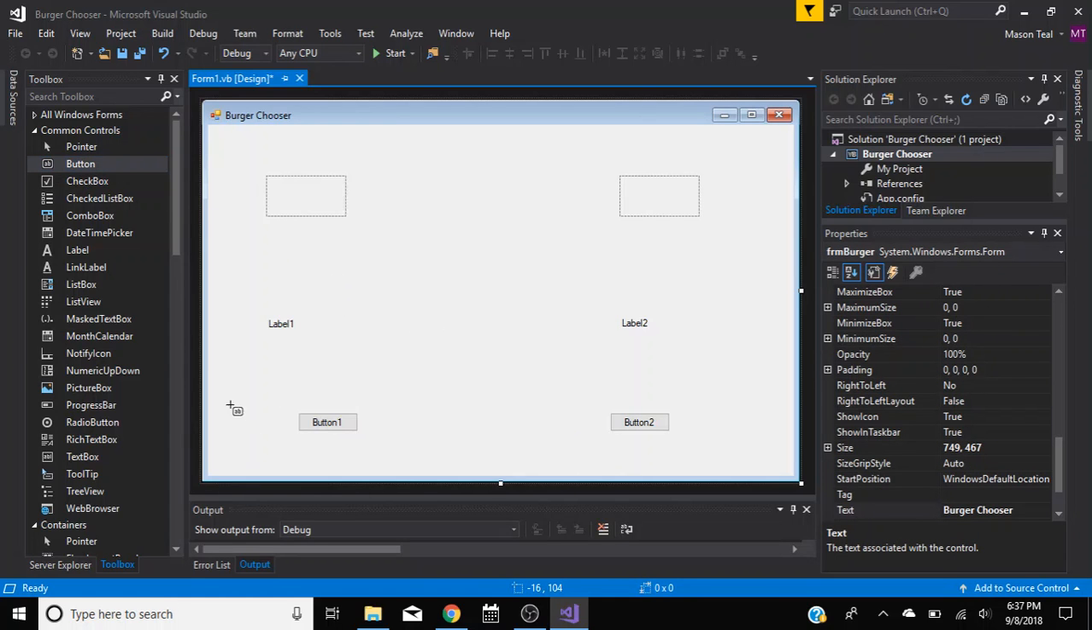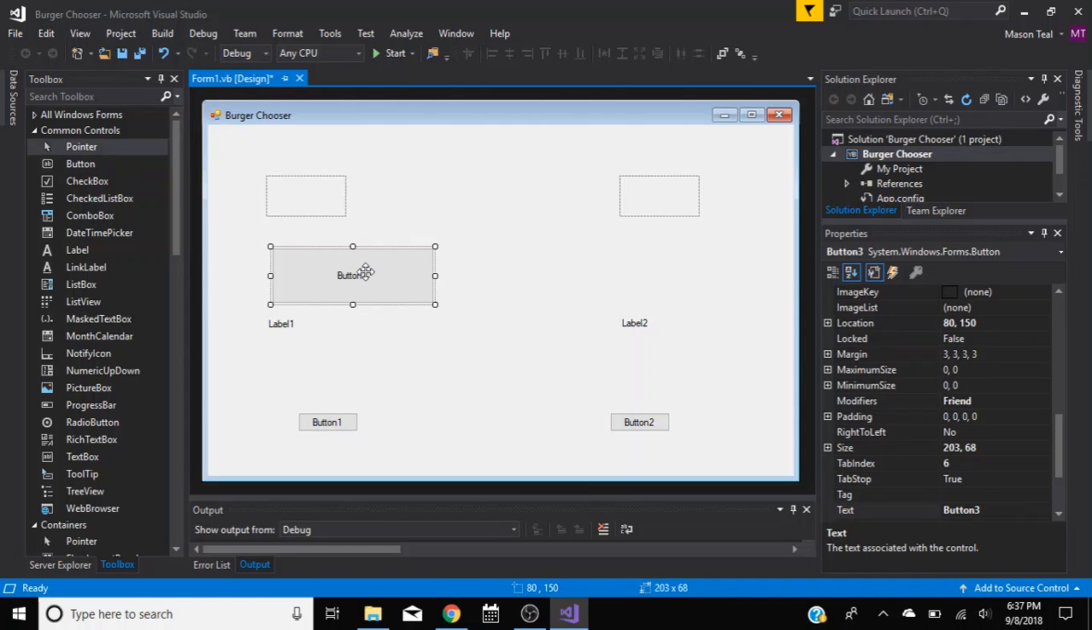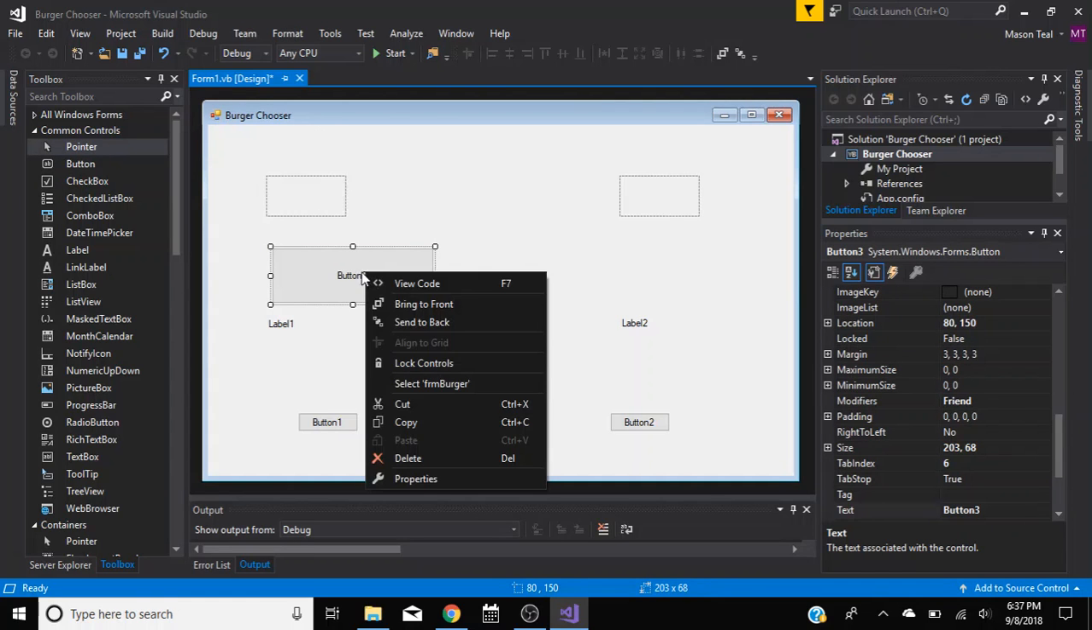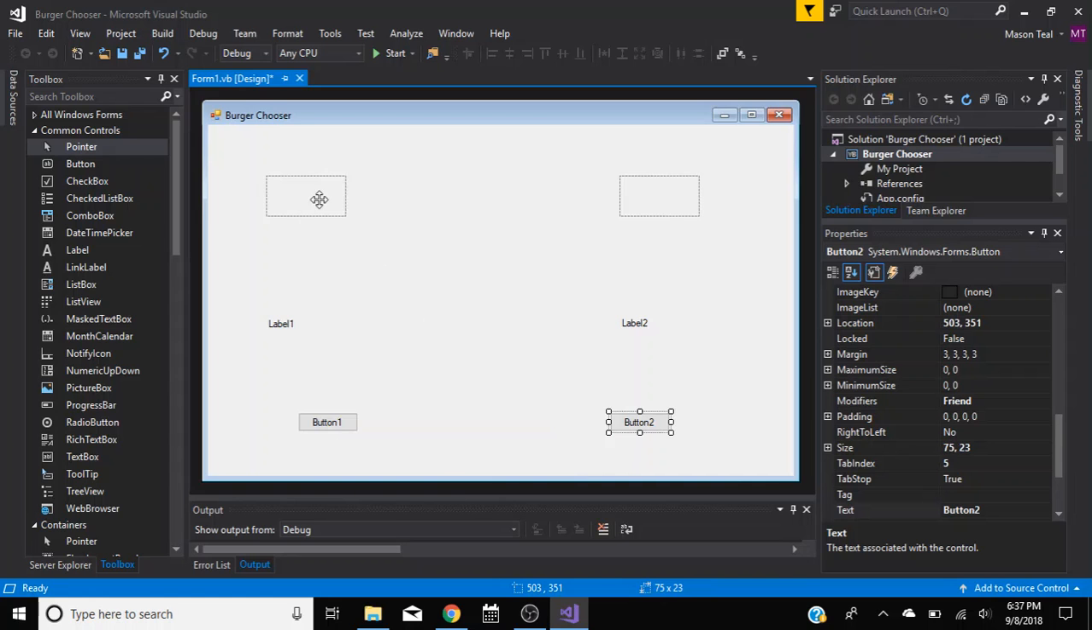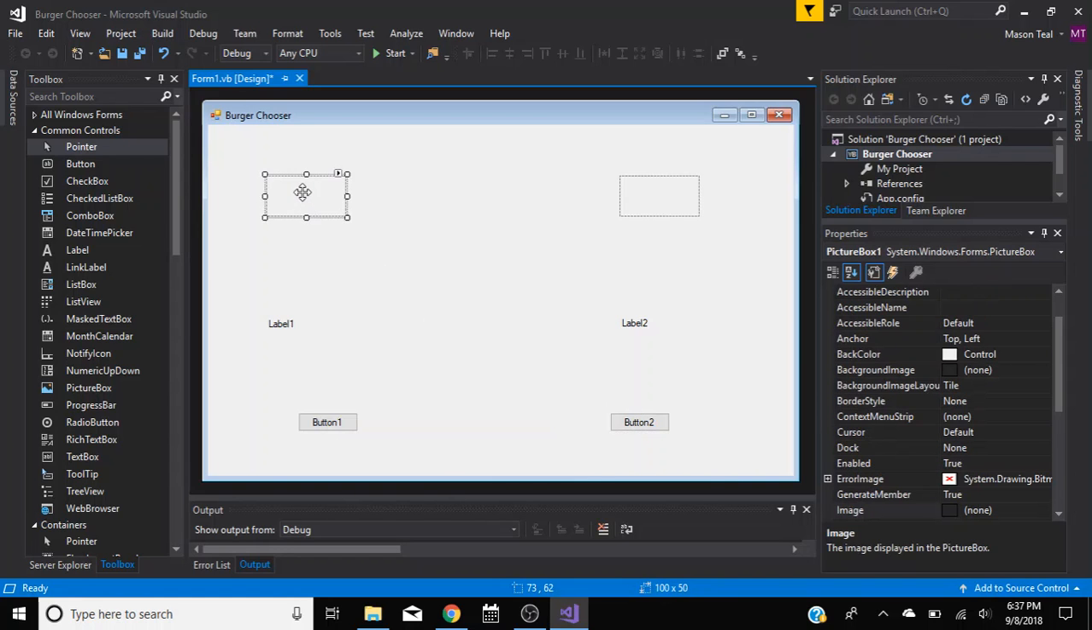No. We're just gonna go like this. Oh, that's cool. I didn't know you could do that. Anyways, if you do something you don't want to, just right click and delete, or just hit the delete key. So, select this picture box and hold shift and select this picture box, and then